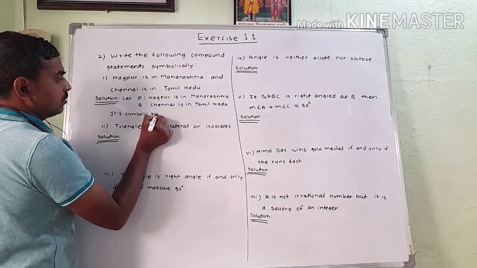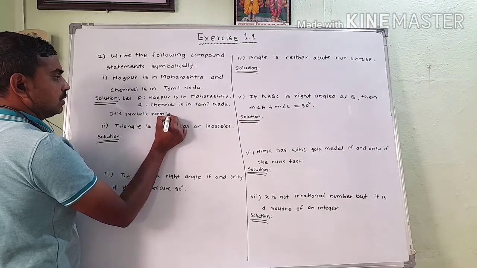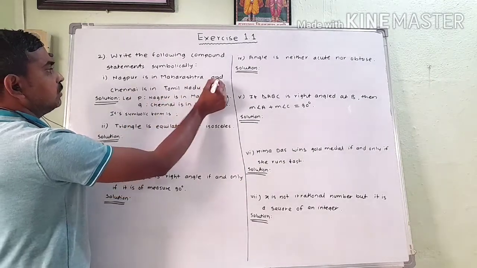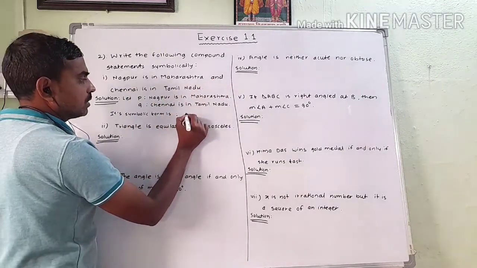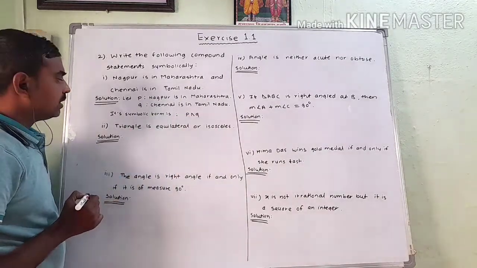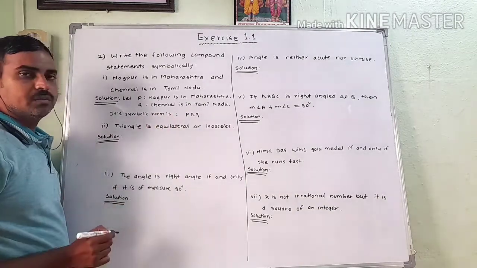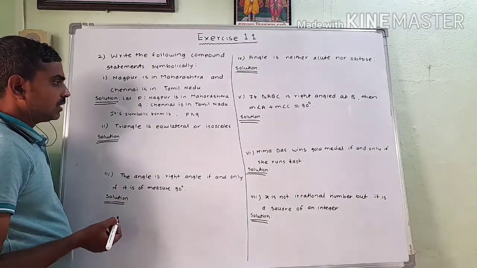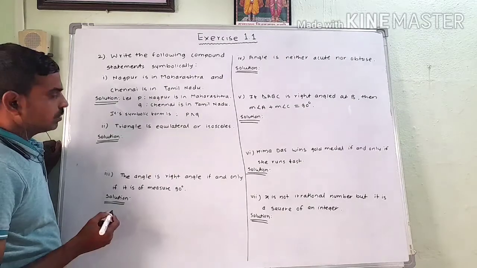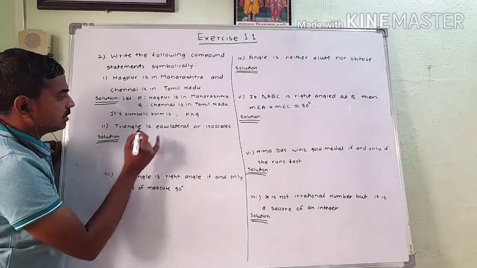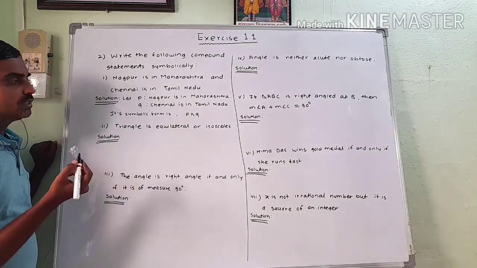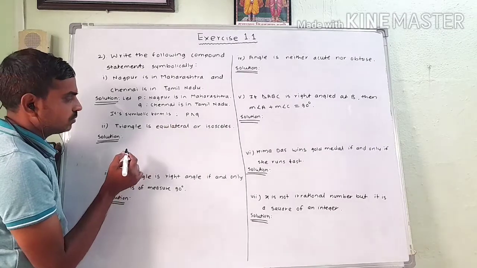What is the symbolic form of the given compound statement? Which connective is here? Here the connective is and, therefore the symbolic form of the compound statement is P and Q. Its symbolic form is P and Q. Now the second example: here or is the connective, therefore we have to use the disjunction connective. Here conjunction is the connective for and.